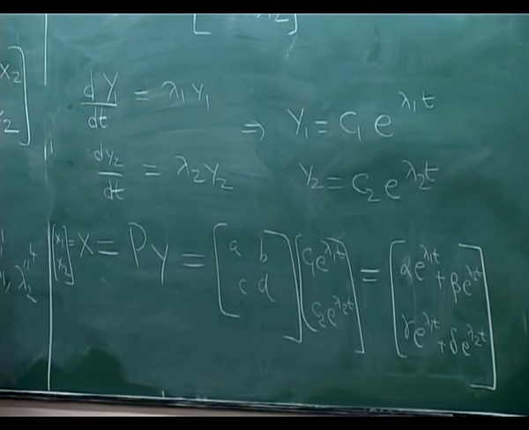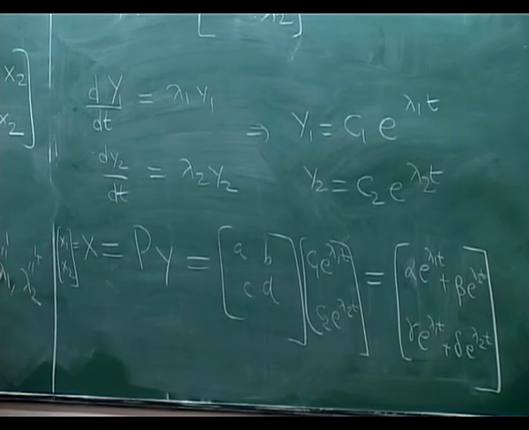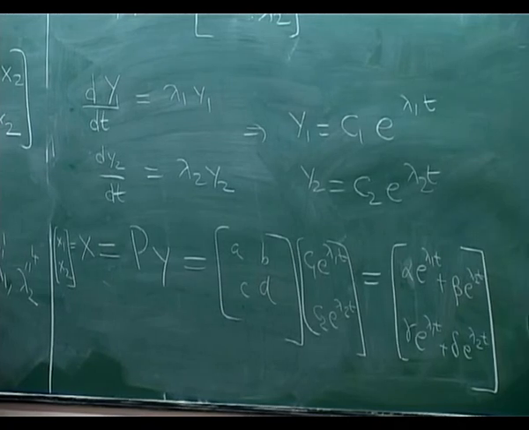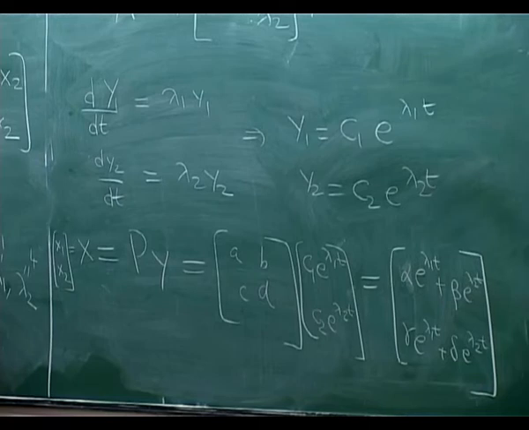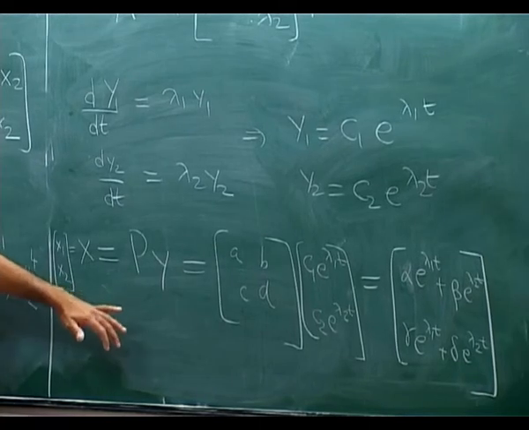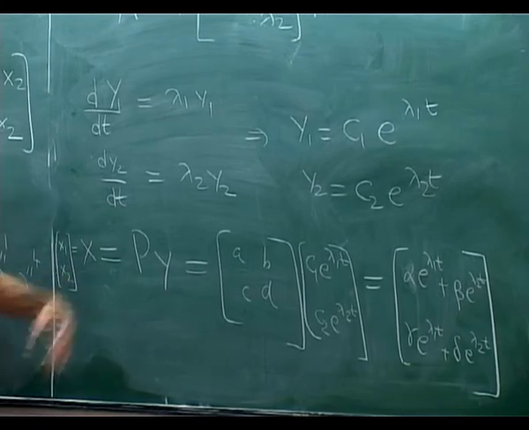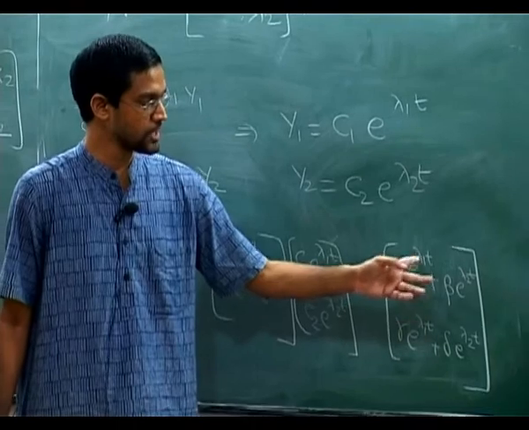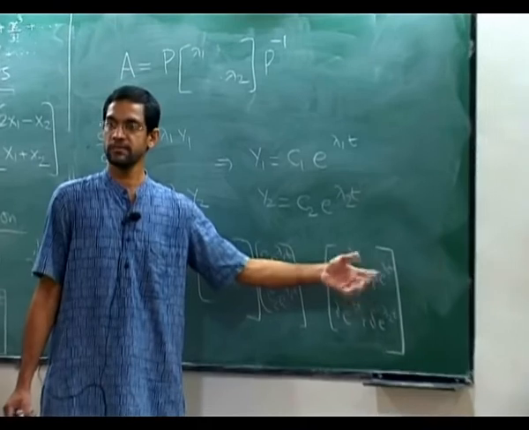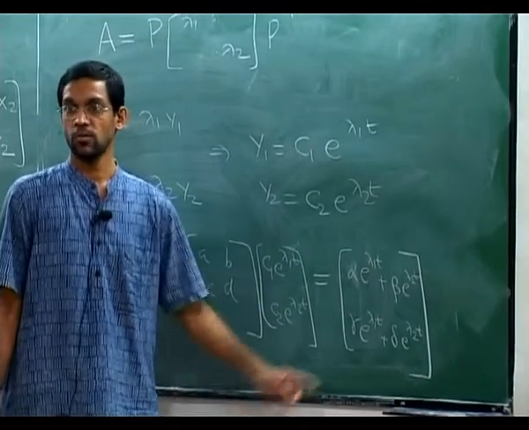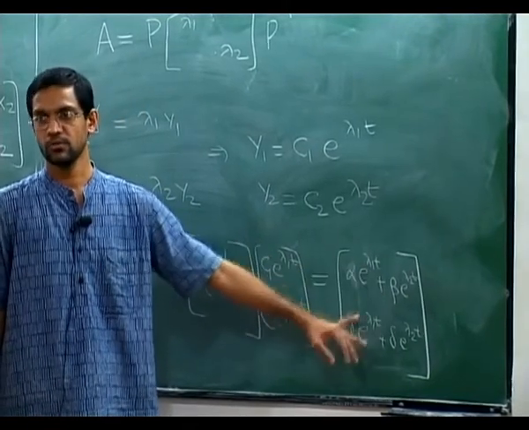Okay, so this actually tells us the following. If you had a coupled system of equations, then without having to do the whole process, you can deduce what the form of the solution is, right? And what is the form of the solution? Both these unknowns, x1 and x2, are linear combinations of the exponentials e to the lambda 1 t and e to the lambda 2 t. Okay, you can say right in the beginning they must be of these forms. So in order to write down these forms, I only need to know the eigenvalues. I don't need the eigenvectors themselves to do this, right?